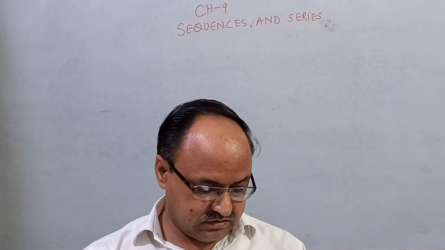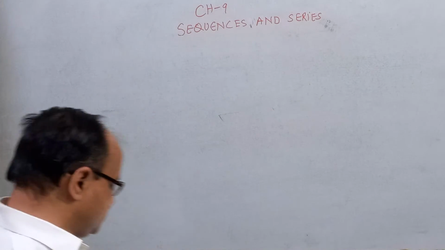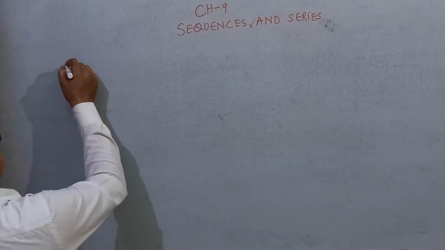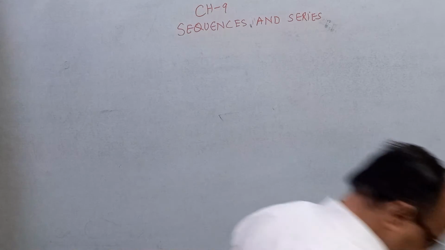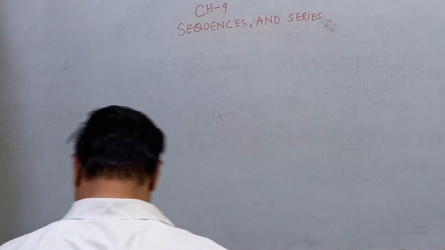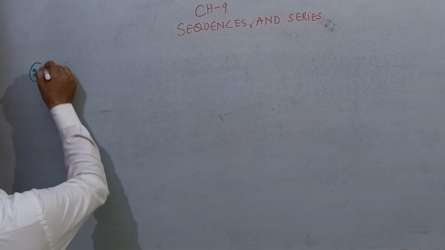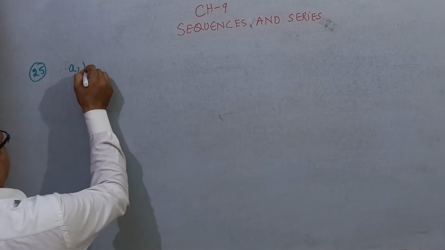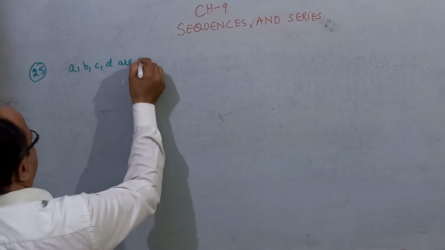Question number 25. If A, B, C, D are in GP, then prove that